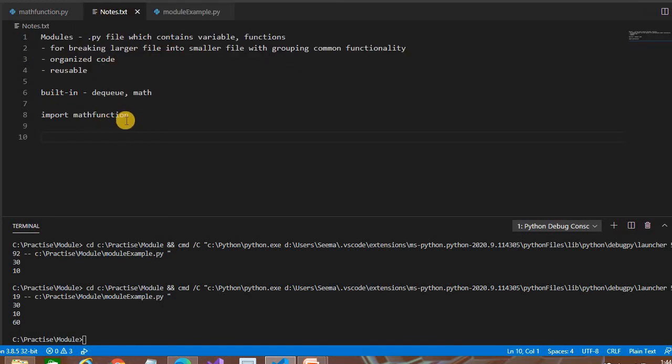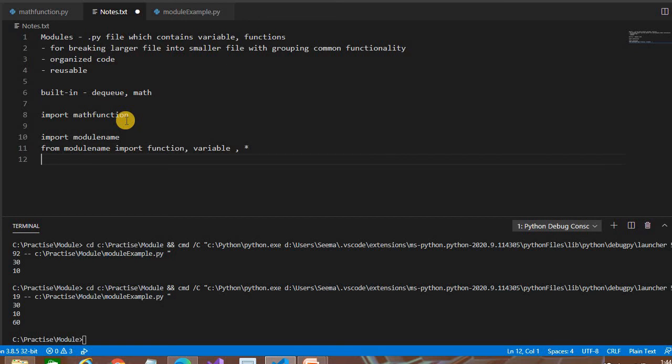So what we have seen here is how to write this. One is import module name. Second way, from module name, and then import a specific one, like any method, function, or variable, or you can also write a star. Putting a star means you are importing all the stuff in a module.